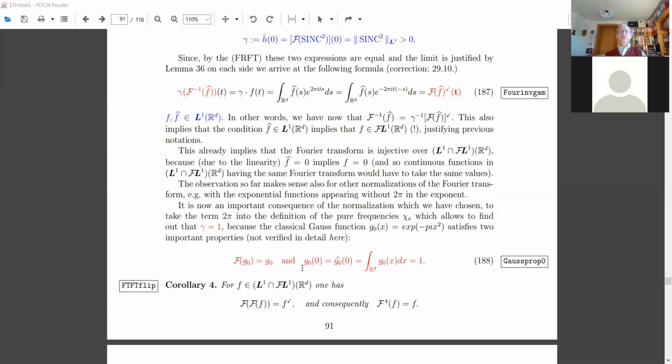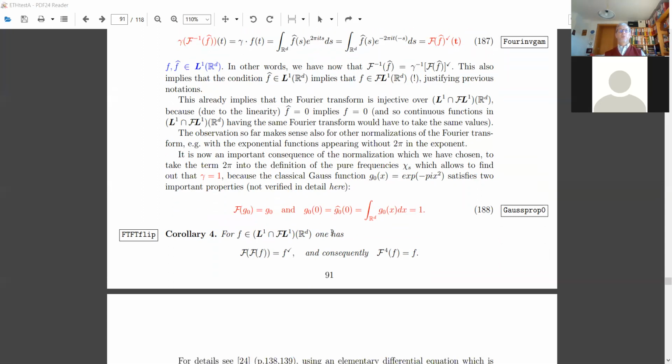This means, of course, that the Gauss function, the exponential function at 0 is 0, is the same as its Fourier transform, which is the same as the integral, which of course is what you can learn in the probability course, where you determine the density of the normal distribution, and it has to have integral 1 to be a probability measure. Now, this is kind of a correction of what we had before,